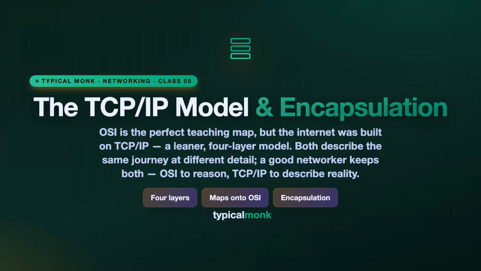OSI has 7 layers and is the perfect teaching tool, a clean, fine-grained map. But the internet was not built on OSI, it was built on TCP/IP, a leaner model with just 4 layers. Now both describe the same journey a message takes, just at different levels of detail. And a good networker keeps both in their head, OSI to reason and troubleshoot, TCP/IP to describe